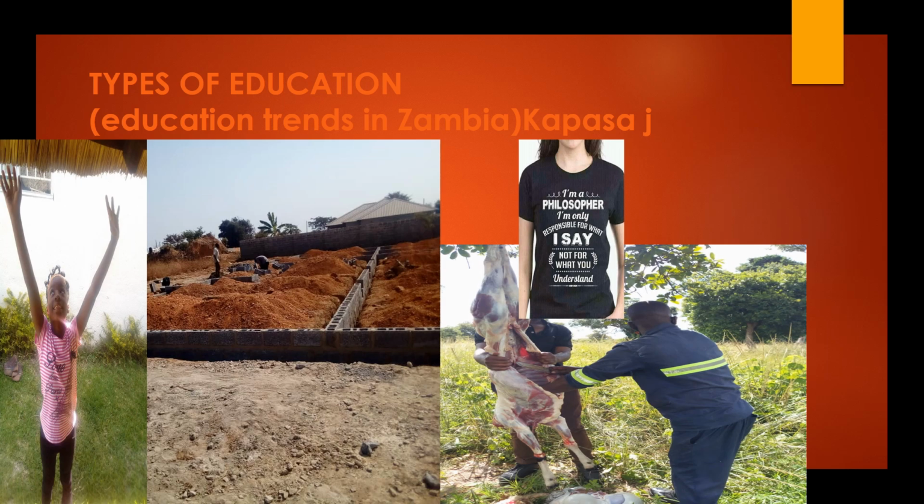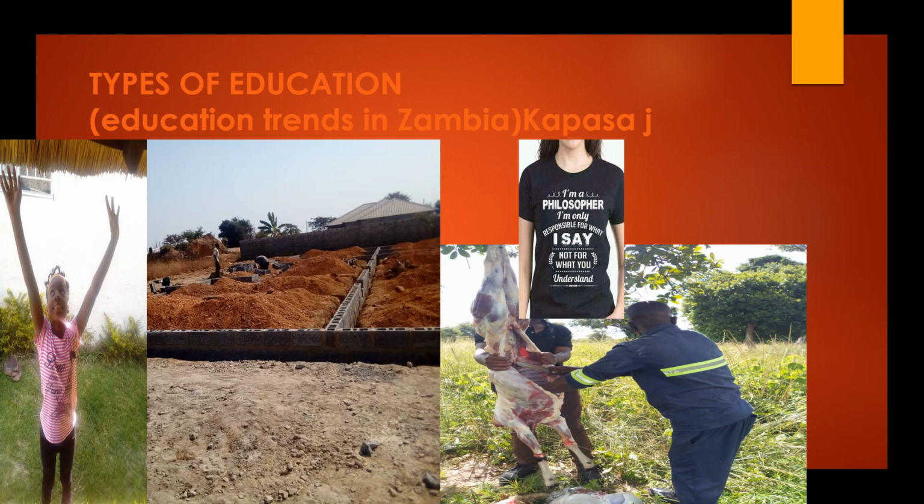Aims and objectives of education, they basically move together. Now, these objectives of education are applicable to this particular country as well as many other countries. They are things which education intends to achieve.